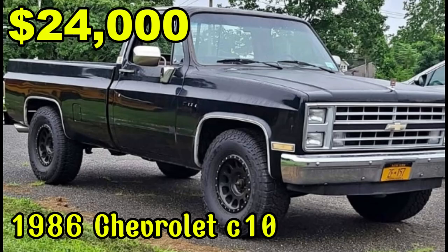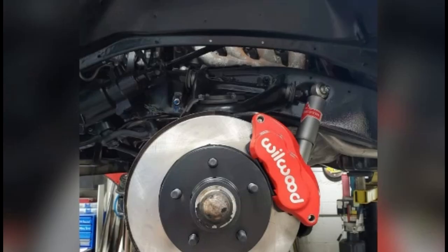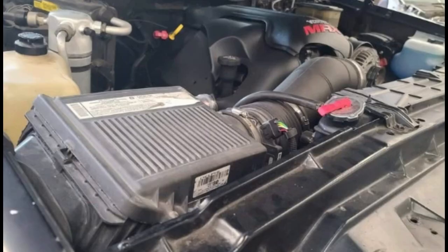Number 7. The 1986 Chevrolet C10 Silverado Square Body LS Swap 6.0 L80. Priced at $24,000, this 1986 Chevy S10 is a street strip build featuring an SNW chassis back half with coilovers up front. Although it hasn't been to the track yet, it has been street-driven and is equipped with a 468 big